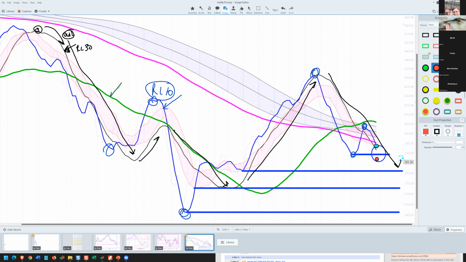The green line is the RL90. That is the health of the next higher time frame. So you just multiply the RL30 by 3, and that gives you the RL90. So that's the next higher time frame. So its slope also matters, and where those turning points happen are crucial.